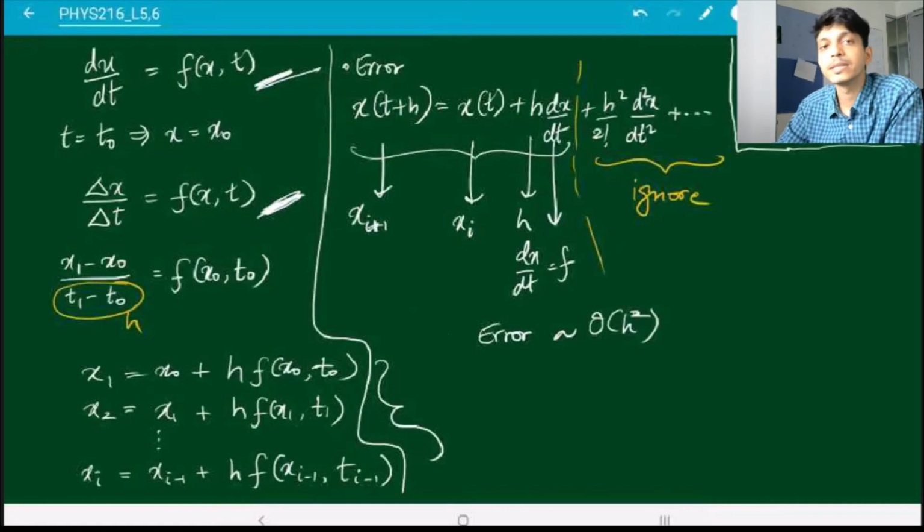Later we will see another method called the Runge-Kutta method for solving differential equations. We'll find that the error there is much smaller. Normally the Euler method is straightforward to understand, and it's the basis for understanding more complicated methods. But in practice, it's not used so much for solving differential equations. No, actually, I should correct that. In general, it's not used extensively for solving ordinary differential equations. It is still used for partial differential equations, but not so much for the ordinary ones.